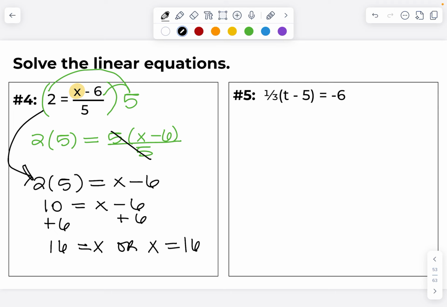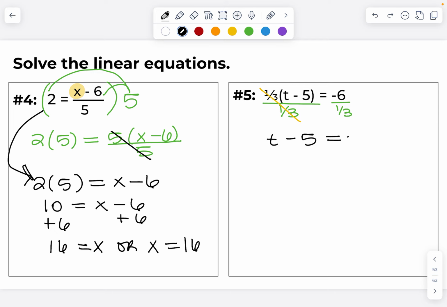Notice this is 1/3 times this. So the way we can get rid of multiplication is dividing by 1/3. If I divide both sides by 1/3, my 1/3 is going to go away. I'm going to be left with t minus 5 equals, and then you can use your calculator here to help you do this. You can do negative 6 divided by 1/3, and this is going to give you